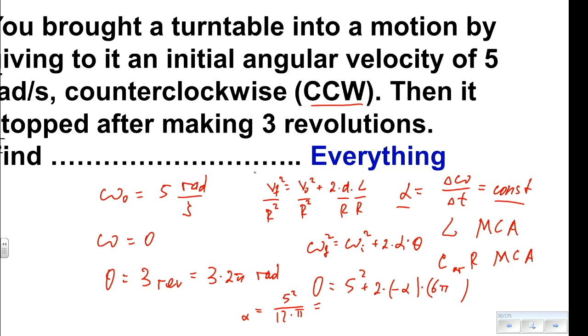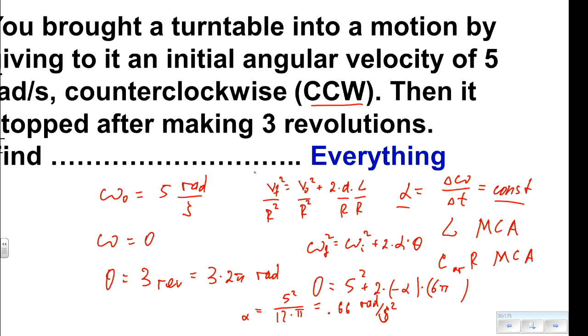6.5? You're lying. 5 times 525 divided by 12. That's 2.08 divided by pi, which is 3.14. 0.663. And that's supposed to be radians per second